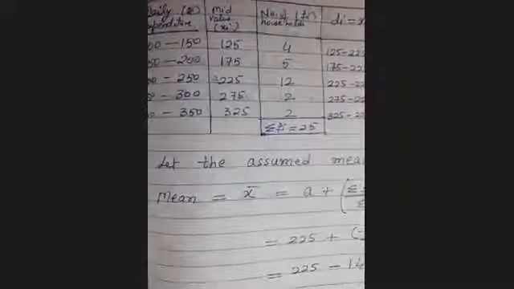First, we have to make this class interval column, and using it, we have to calculate the mid value of this class interval, which is also called the class mark. By adding the lower limit and upper limit and dividing by 2, we get it in all the cases. Frequency is already given to you. And here first we have to use this column and write the assumed mean. The assumed mean we are taking here is 225. Generally we take the assumed mean as the middlemost value of this column, or near about.